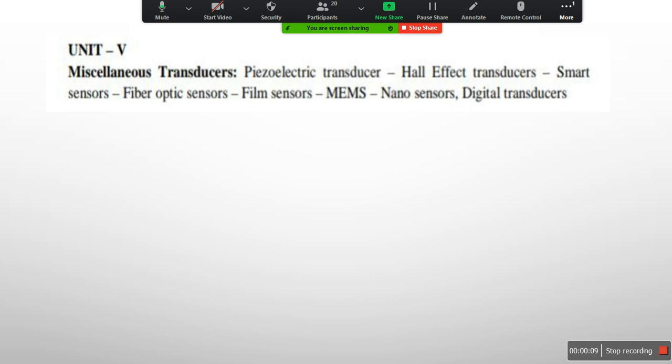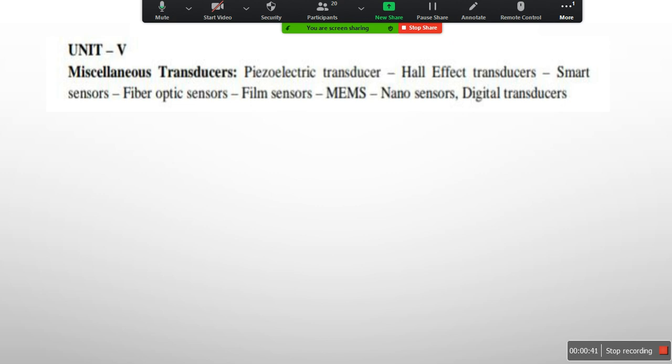From the examination point of view, in the final examination they will be giving you a question about the piezoelectric transducer, and along with that, you will be asked to write about Hall effect transducers or fiber optic sensors. Like that, 2 to 3 sensors will be combinedly given as A, B, C for a long answer type question. And in most cases in your mid examination also, there is a lot of chance of a short type of questions on the sensors and transducers.